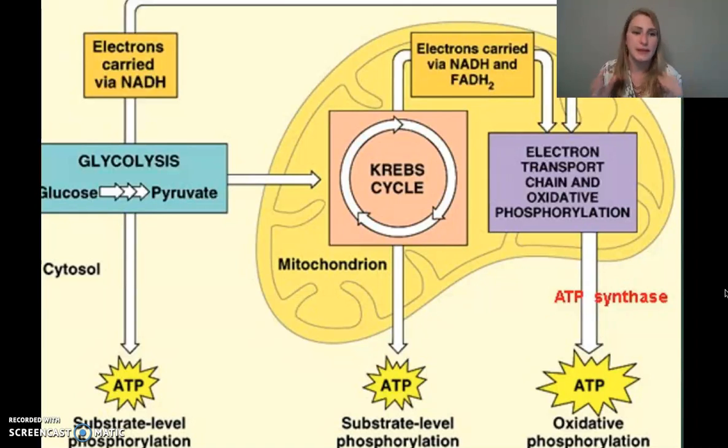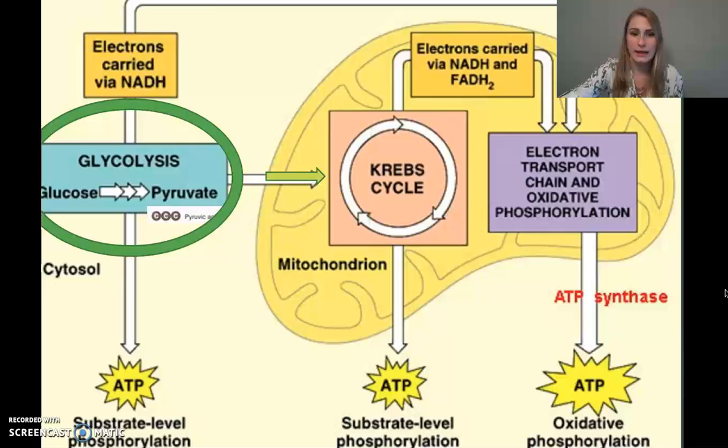So this is overall cellular respiration. We start out with glycolysis, which is when we're turning glucose into pyruvate, sometimes pyruvic acids. Then we go inside of the mitochondria. So beforehand, all of this is taking place in the cytoplasm. Then we go into the mitochondria, where we're going to have the Krebs cycle, and then the electron transport chain, which is where we're really going to be creating a majority of our ATP. So kicking us off,